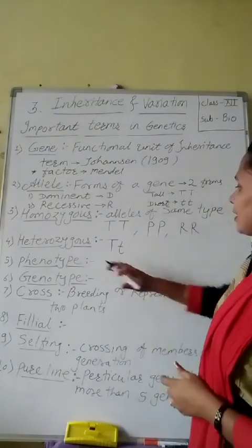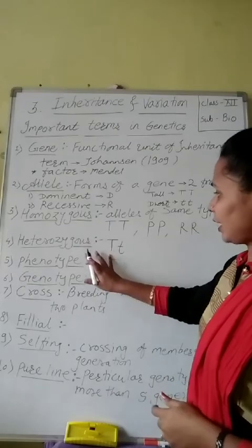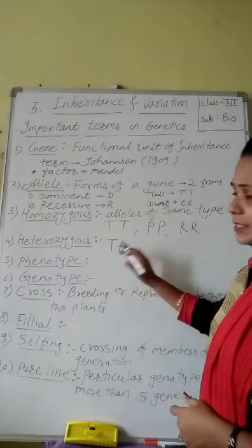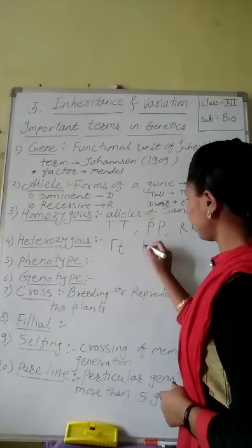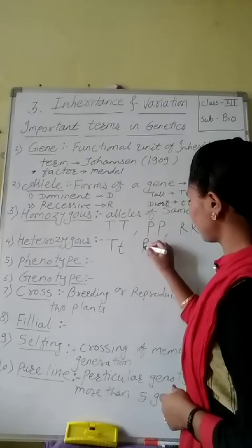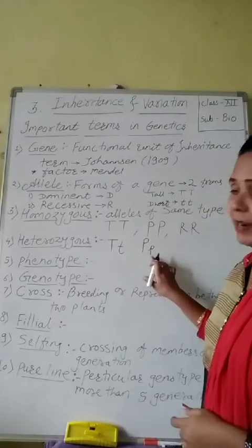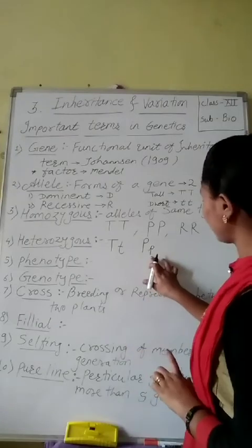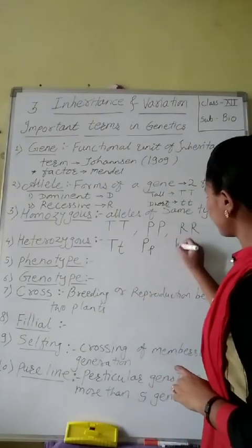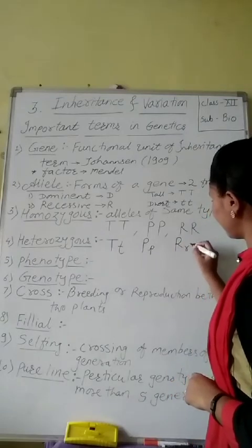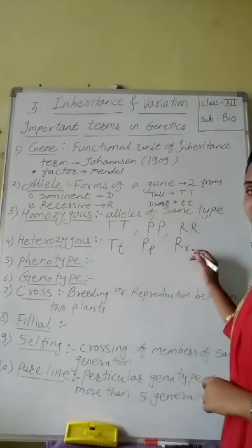So this is one heterozygous, means one allele is dominant, another one is recessive. In this we say that one allele is dominant and another one is recessive. Means purple color and this shows white color. These are contrasting characters. Both are contrasting. Here also one is round and another one is wrinkled, means these are opposite to one another.